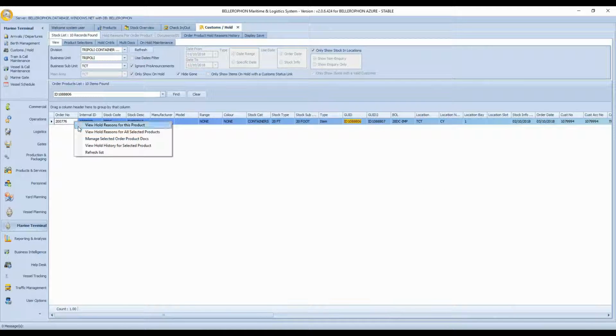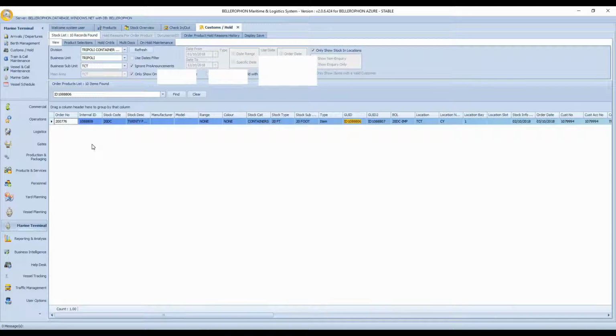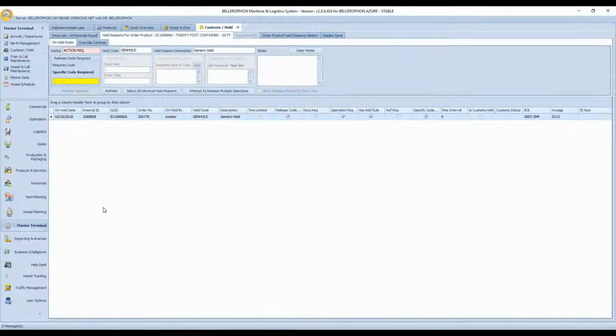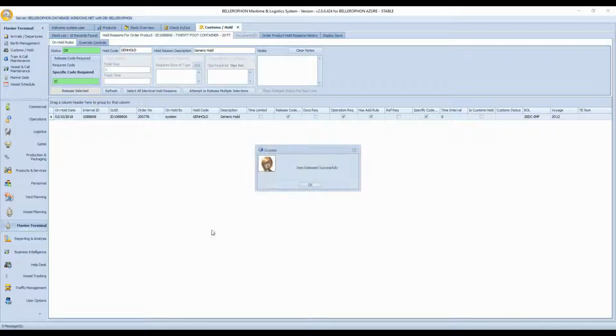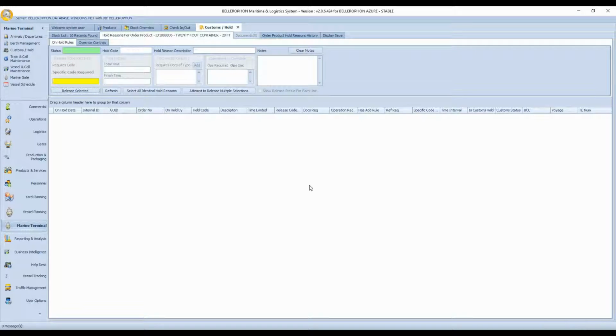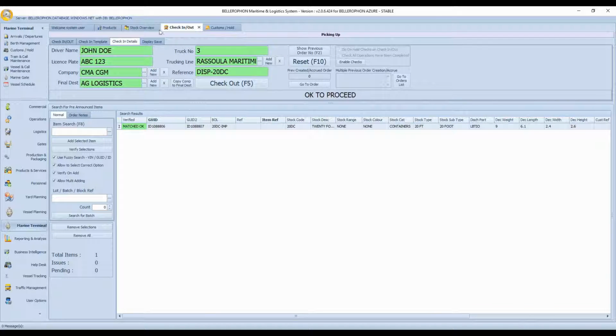So if you right click to show the reasons, and the container will be on hold under a code, and there will be a specific release code associated with that hold code. So it's just a general hold code, and the 1 capital C is the release code. So it's just a click of a button again to release it, and it disappears from the hold screen. So now we should be able to check out,